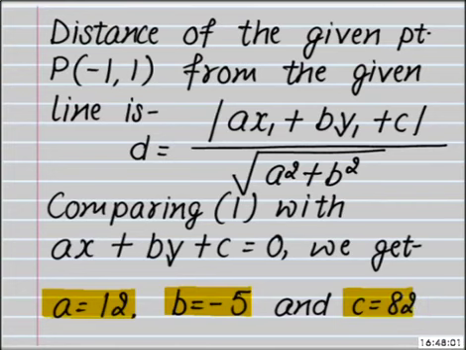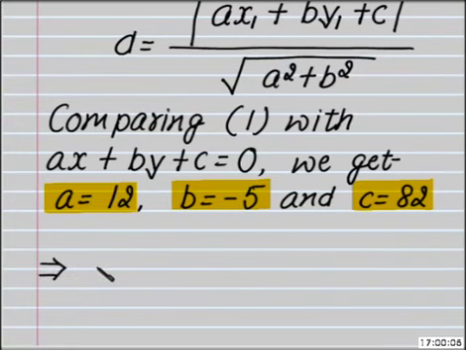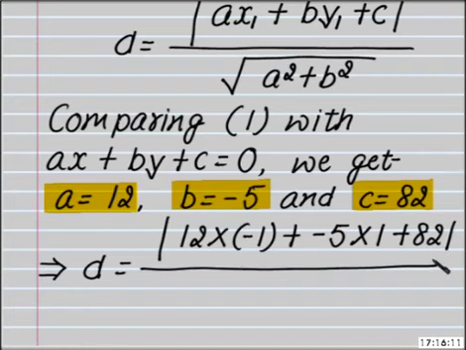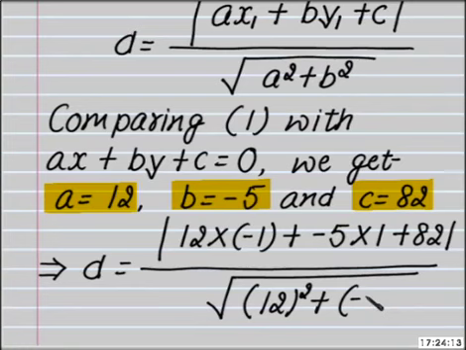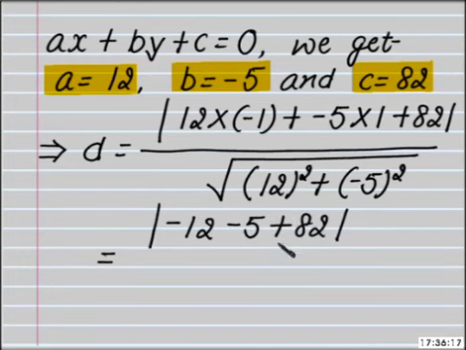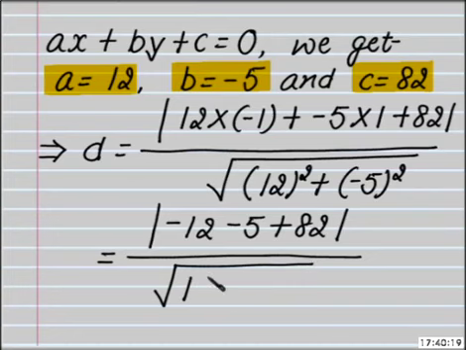Further placing these values in D with x1 as -1 and y1 as 1, which are the coordinates of the given point P, D is equal to modulus of 12 into -1 plus -5 into 1 plus 82 upon square root of 12 square minus 5 square